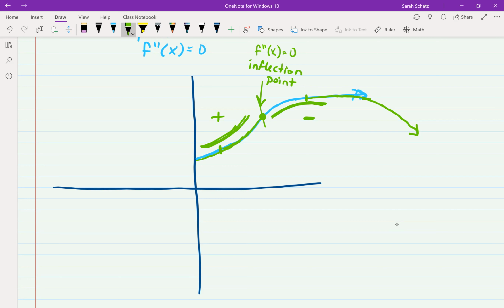in application, if this was actually a real world company or stock or whatever it is, you guys, we could call this a point of diminishing returns. A point of diminishing returns basically says that past this point, it's not worth it to invest. You're not going to get the return you're looking for because while it may continue to go up a little bit, each time it goes up, it's going to be a little bit less of an increase until,